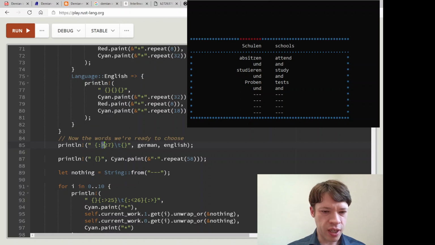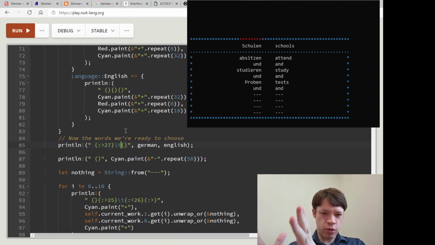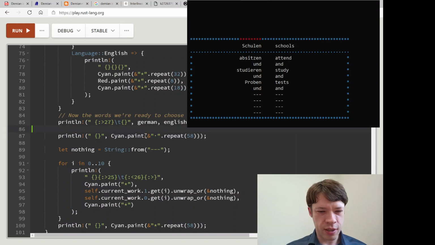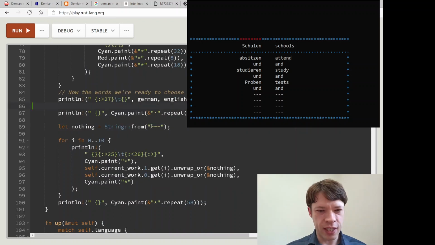And then it's going to say push it to the right 17, and so it'll be squished on the right, and then when you add to it it's going to move to the left. And then this \t is a tab. And then after that, we have these, called interpunkts, so middle dots. And then after that, finally, is this string for when there's nothing. You can see at the bottom there's just 3 dashes.